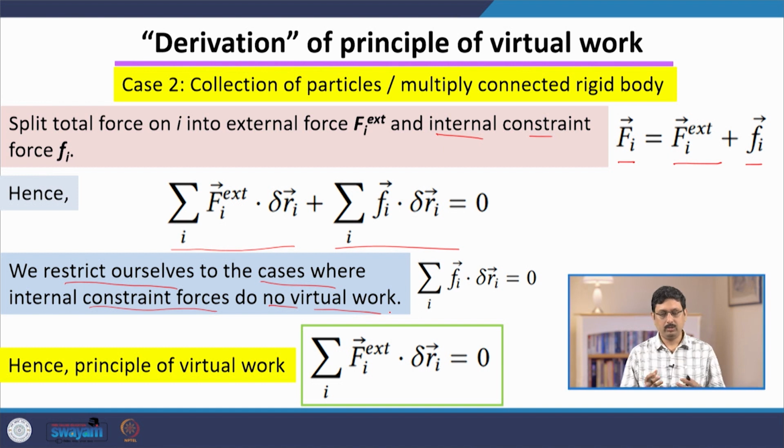So, remember the discussion of how this is possible. We have already discussed the different ways this condition is satisfied in a real situation, and I also mentioned that we are ignoring sliding friction, which does work. So, then if this term goes away, it follows that the total virtual work done by all the external forces on the total system, which is given by this particular expression,